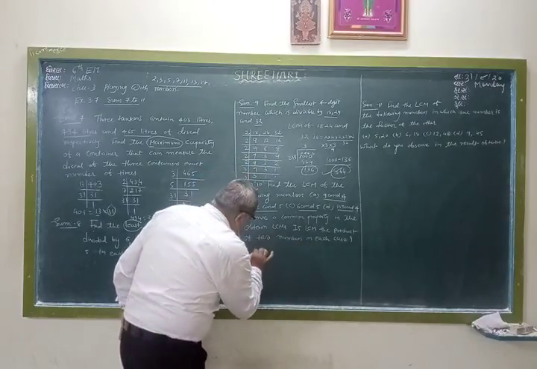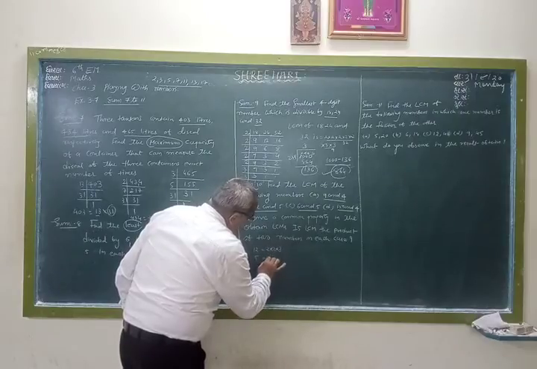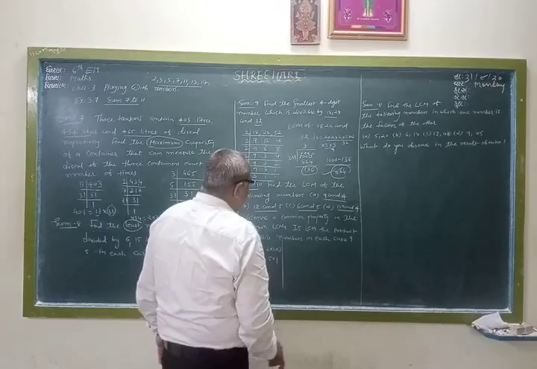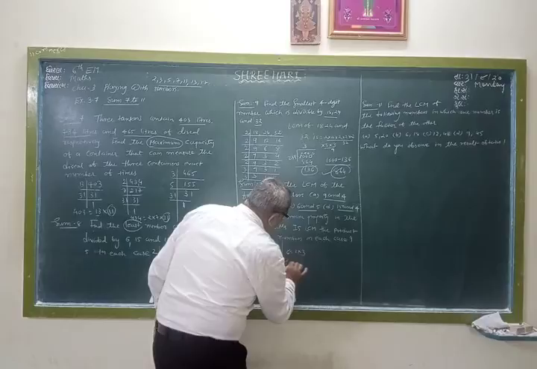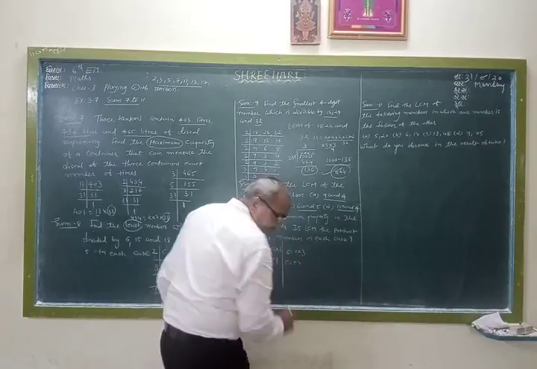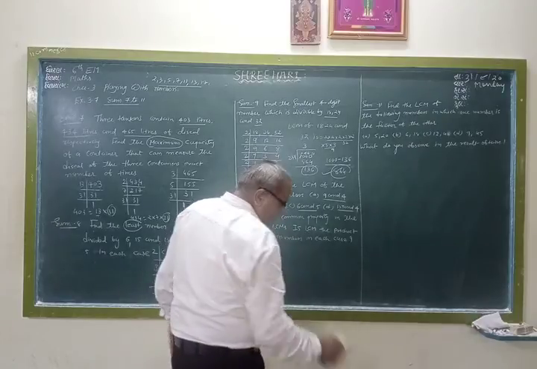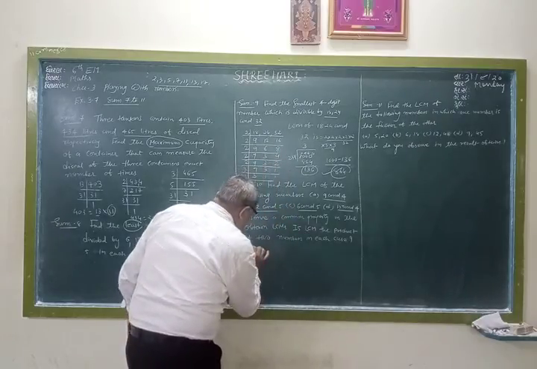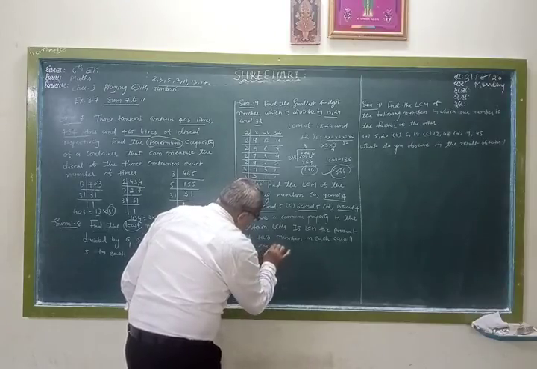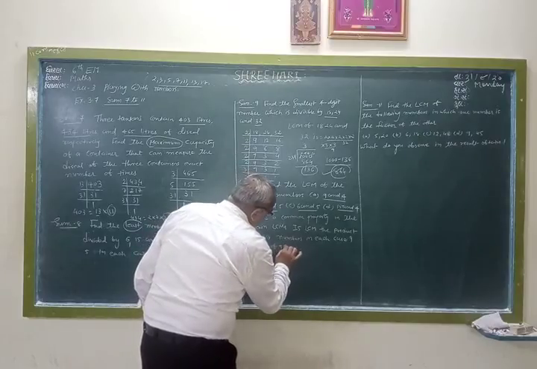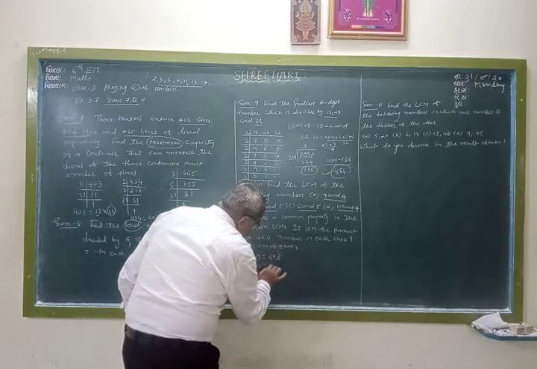The LCM of 12 and 5. 2 2 ja 4, 3 ja 12, 5 1 ja 5. Second one 6 and 5. 2 3 ja 6, 5 1 ja 12 and 5. First 9 and 4. LCM of 9 and 4. The factor of 9, 3 3 ja 9 and 4, 2 2 ja 4.